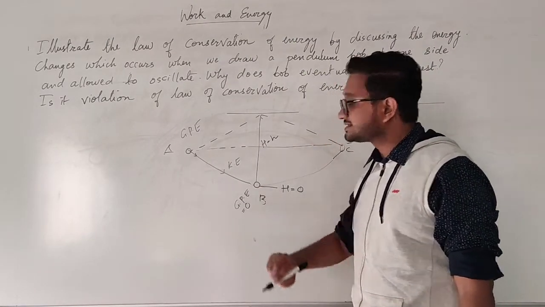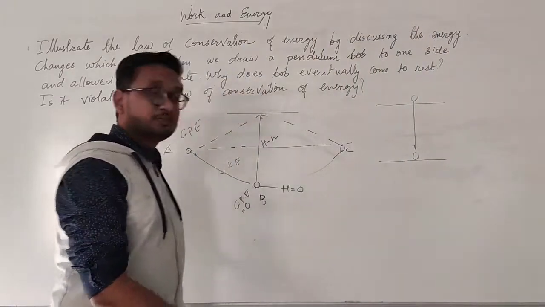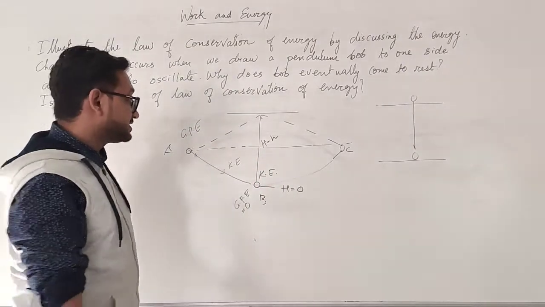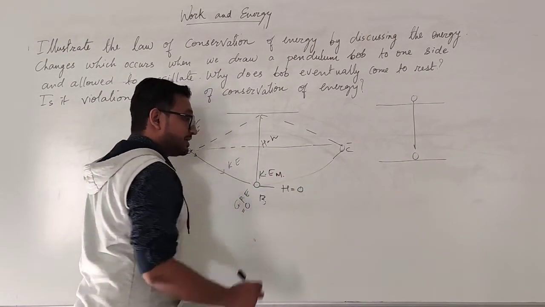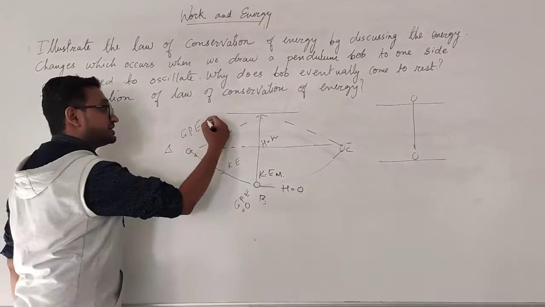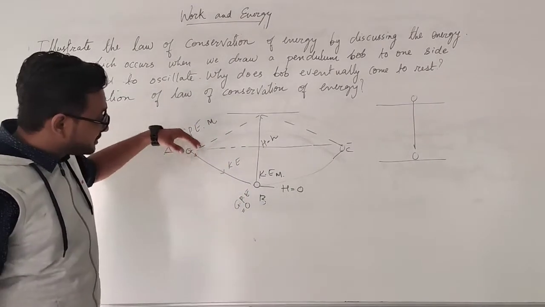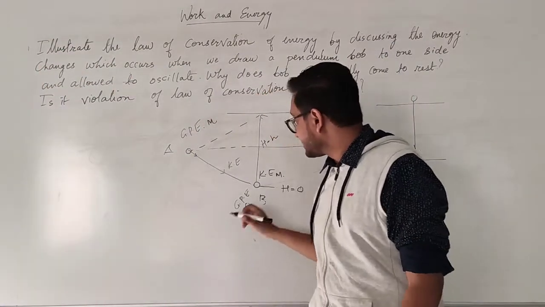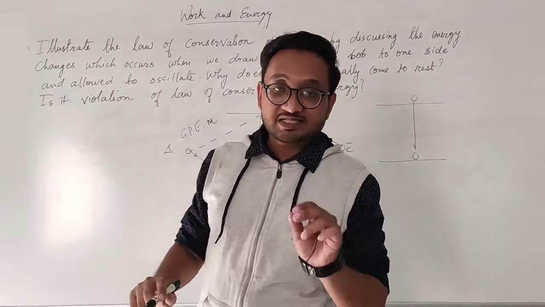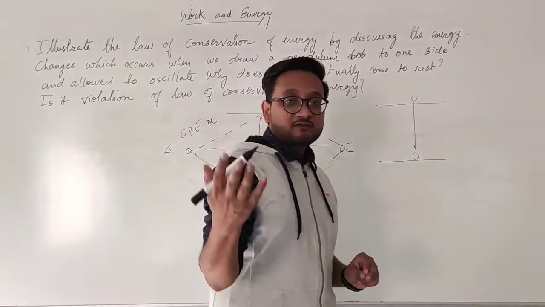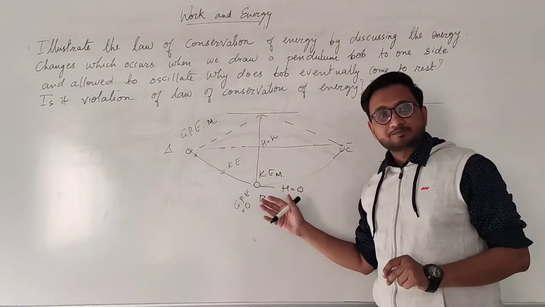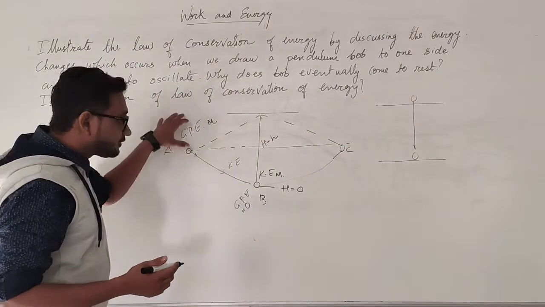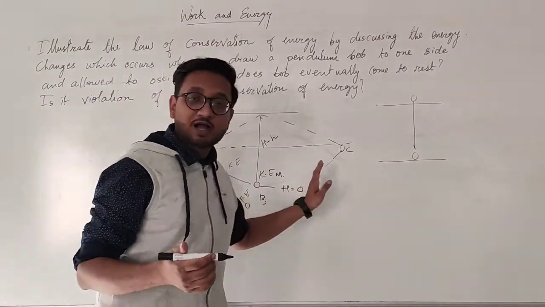Gravitational potential energy is 0, and all of the gravitational potential energy is getting converted into kinetic energy. This kinetic energy will become maximum at this point. At the top, the gravitational potential energy is maximum, but as soon as it goes down, all of that potential energy is getting converted into kinetic energy, and when it comes to point B, it is going to have maximum kinetic energy, and therefore maximum velocity. Because of more kinetic energy, its velocity will also be more. All of the potential energy is converted into kinetic energy.